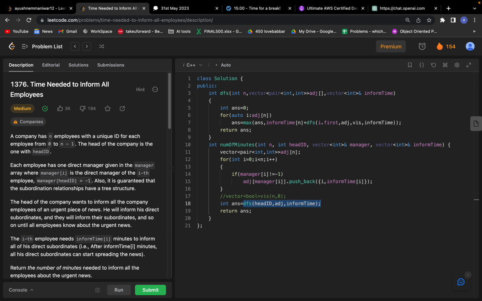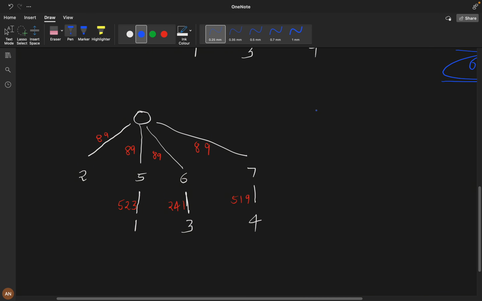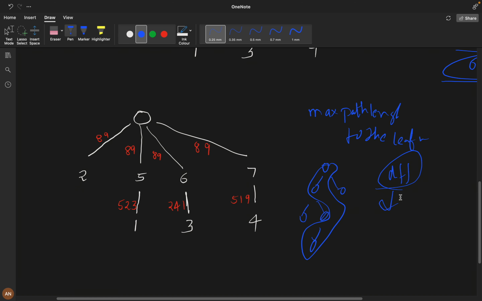In DFS it's pretty straightforward. Direct DFS, we want the maximum path length to the leaf node. We see this in graphs. So this is the maximum path, it is taking 4. How will we know? Directly using DFS we will calculate the maximum. In the same way, from 0 we will start. We want the maximum, whether it can go to 2, 5, 6 or 7. If you come to 2, from 2 it is nothing, so it will return 0 and it will return 89. Max of it will return only 89.